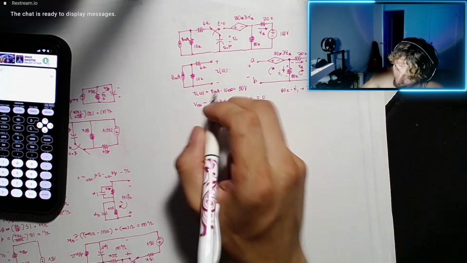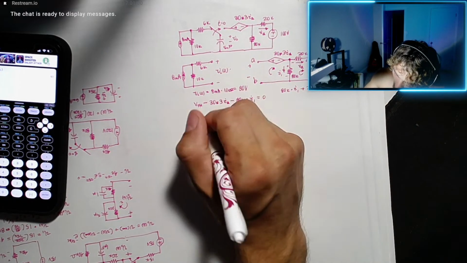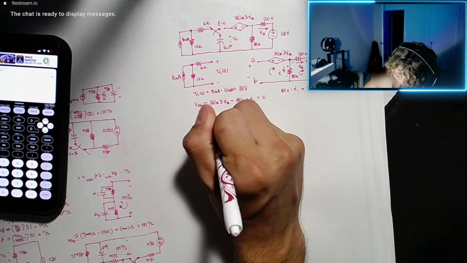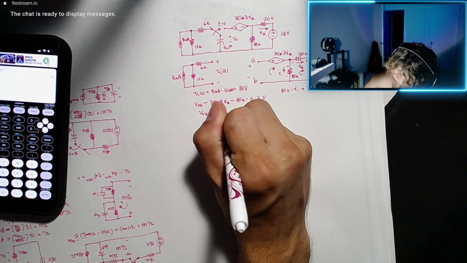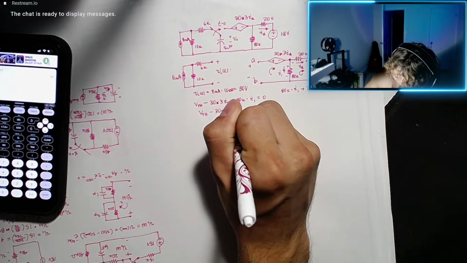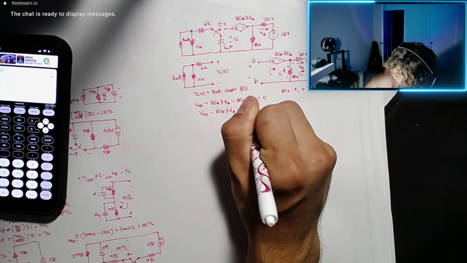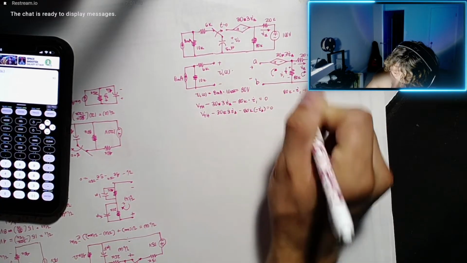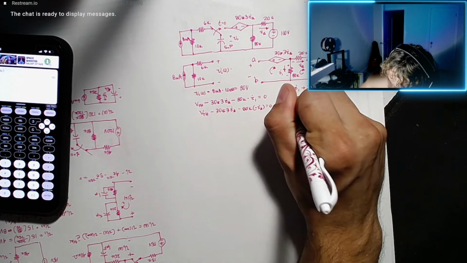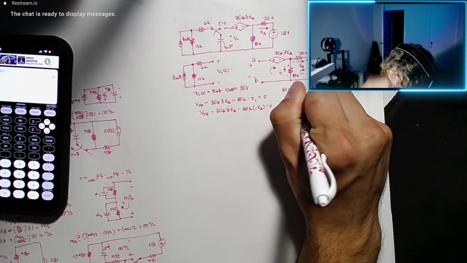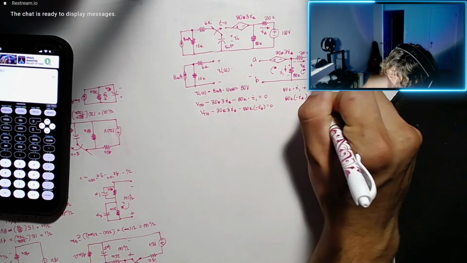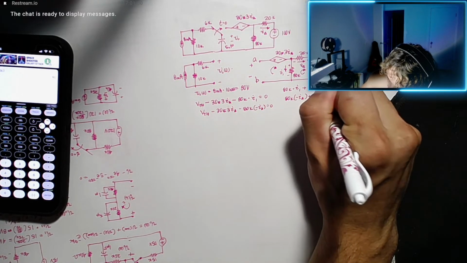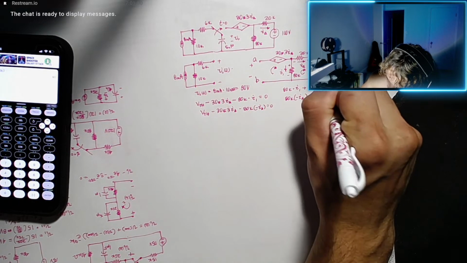So we can solve for I delta: V Thevenin minus 30k I delta minus 80k negative I delta equals 0. 80k times negative I delta plus 20k times negative I delta